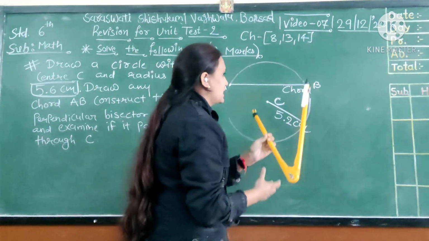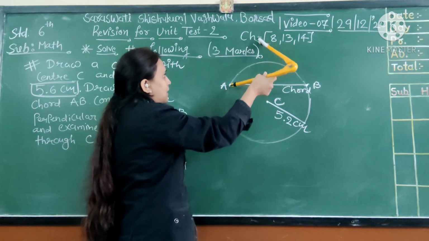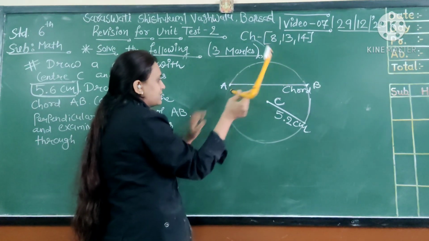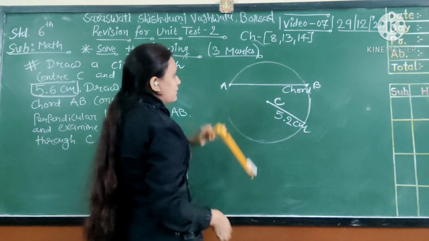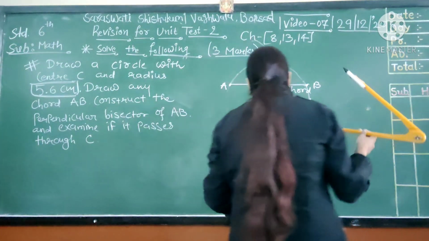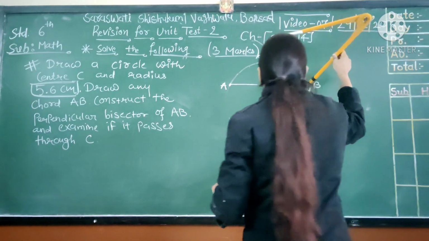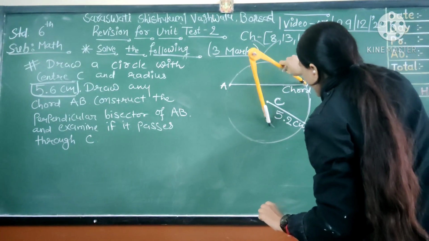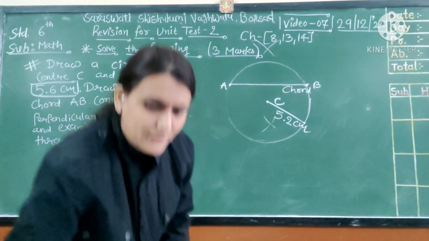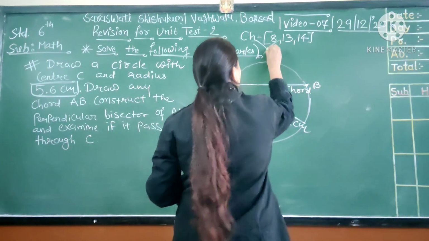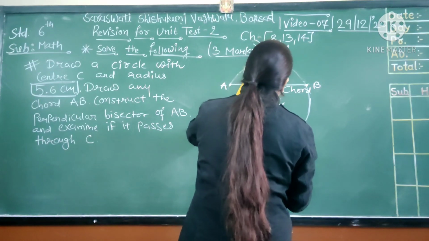Now for the perpendicular bisector, we have to draw an arc. From point A on the upper half, as well as from point A on the lower half, this way you have to draw an arc. Same with the same measurement, you have to draw an arc on the upper half from point B as well as in the lower half from point B. Now let us join the two arcs' intersections. Let us give the names M and N here. So let us join M and N.